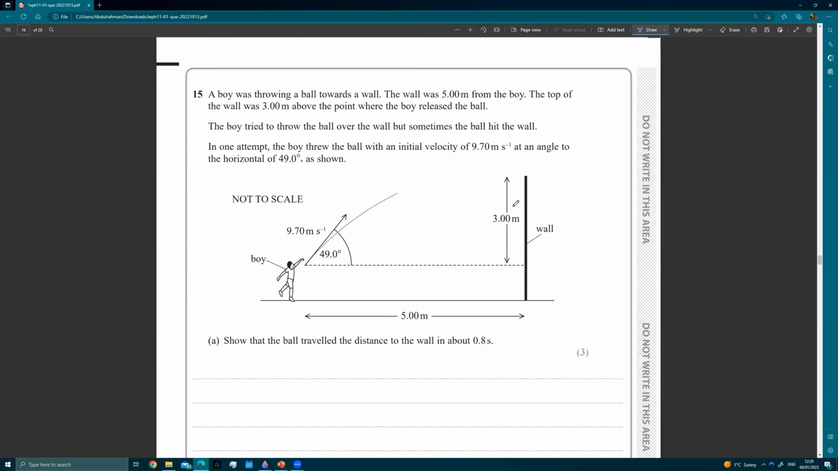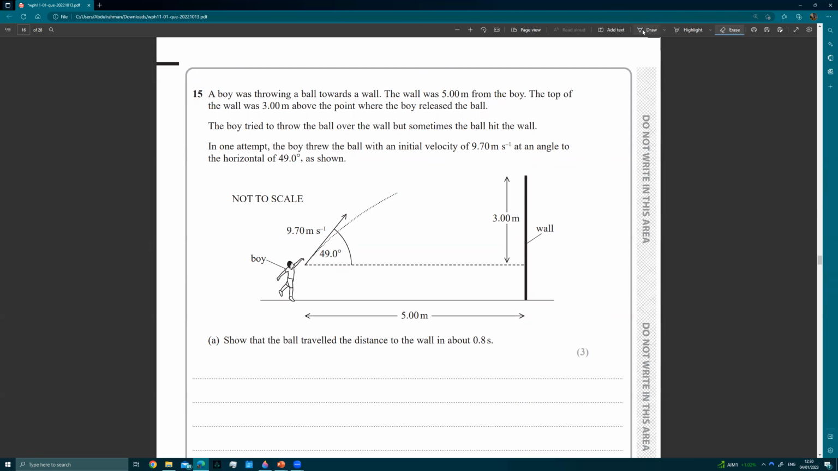Question 15. Just by looking at it, you could tell it's a SUVAT question, right? There's a projectile being launched at an angle and is giving you some displacements. A boy was throwing a ball towards a wall. The wall was 5 meters from the boy. The top of the wall was 3 meters above the point where the boy released the ball. The boy tried to throw the ball over the wall, but sometimes the ball hit the wall. Okay, so sometimes it did this rather than going above the wall. Right? Why? Either he didn't throw it with a high enough initial velocity, or perhaps the angle was too steep